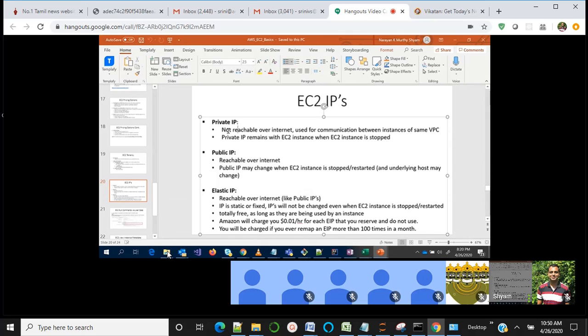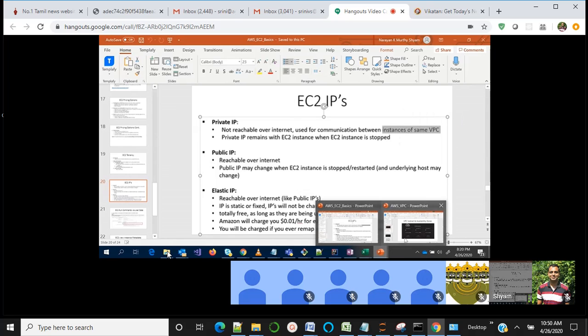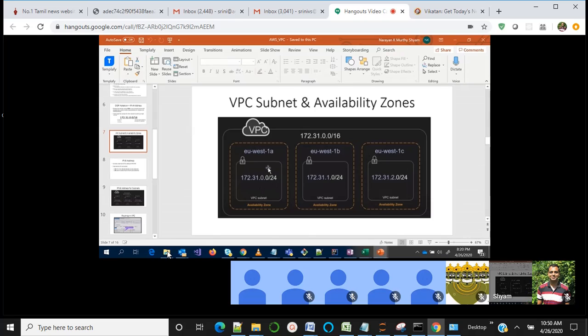By the name you can say it is not reachable over the internet. It's private, so you can't access it from the public. It's not a public IP. It can't be accessed by the internet, and is generally used for communication between instances of the same VPC. When I talk about the networking side, I can explain this, but just to summarize, what we created is